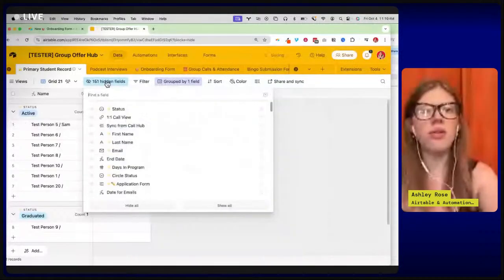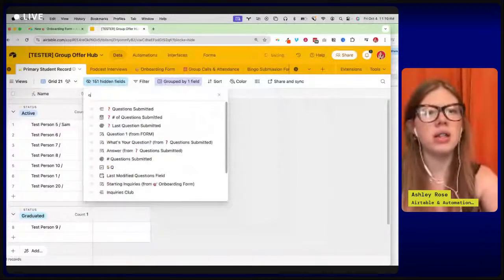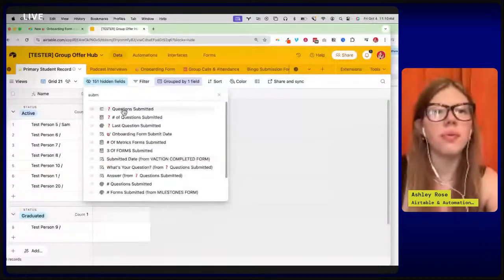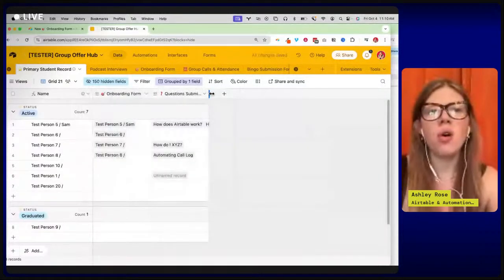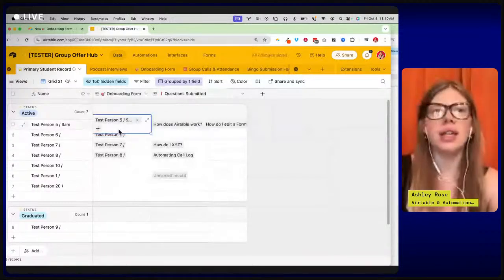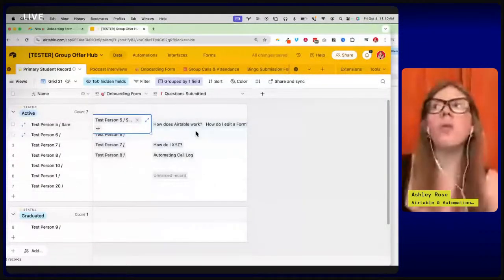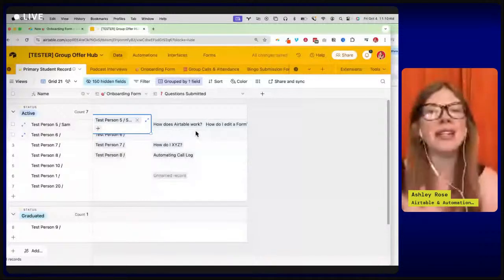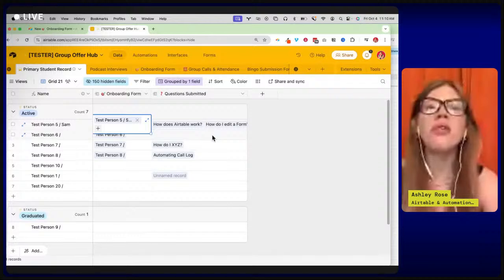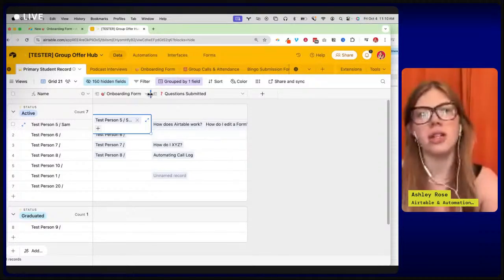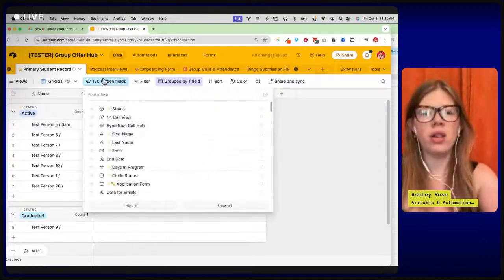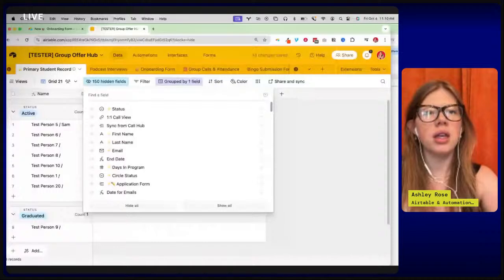Then that's where we can see really cool things such as, let me hide this. We've got their onboarding form, we've got the Q&A call submission form, question submitted, cool. Every form that person has ever filled out is connected to that person's client record. Google Forms cannot do that. You can build the forms literally as easily in Airtable as you can in Google Forms, but then you get to connect them to a client profile, and that's where the magic really starts to happen. Because with our onboarding form, we can do a quick lookup field.